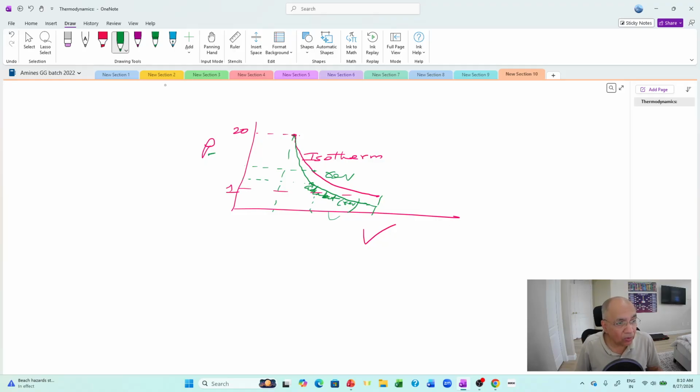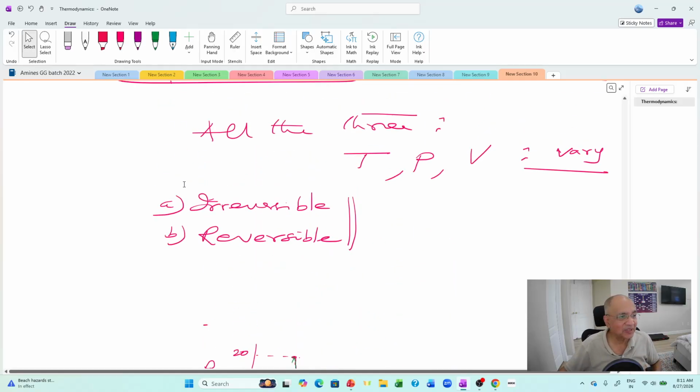But if you look at the irreversible process, this one, adiabatic irreversible, and this one, if you look at isothermal, reversible. So with this much,